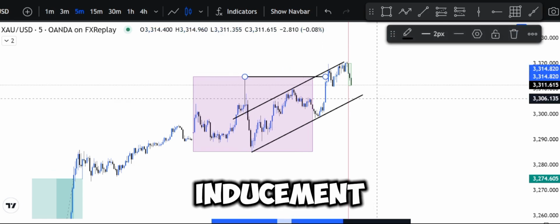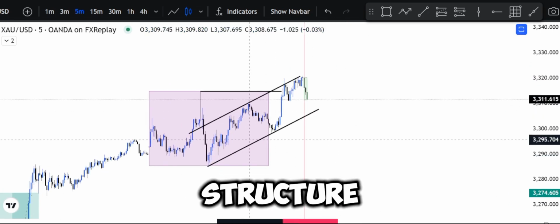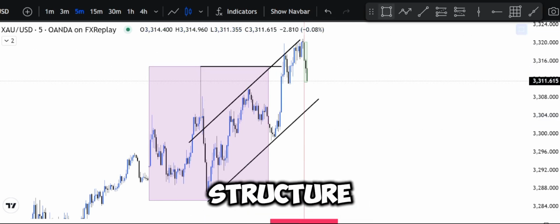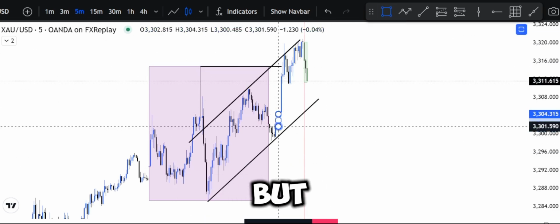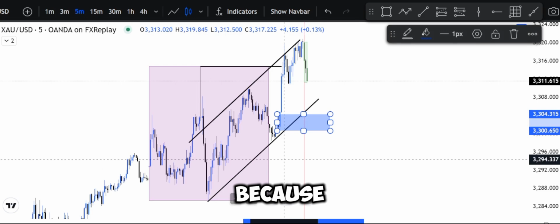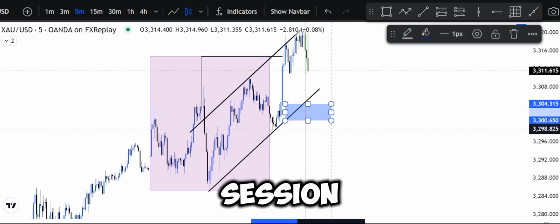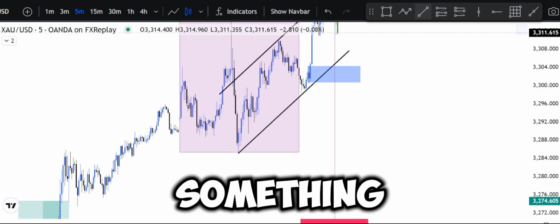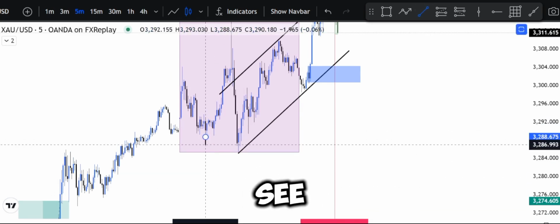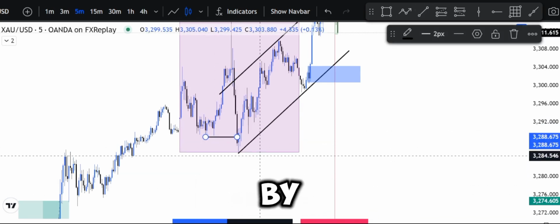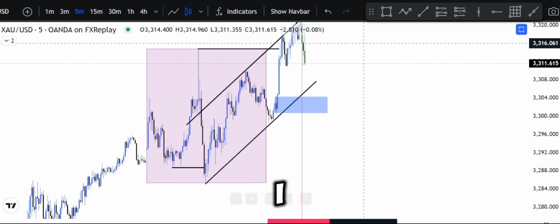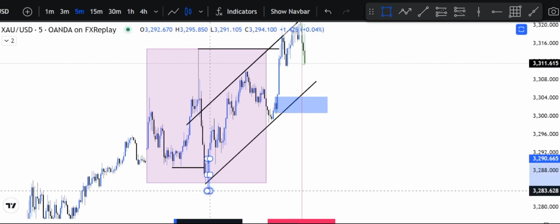This one is inducement plus break of structure. We need to find the demand that caused this break of structure. You would say this one, but this one is smart money because it is inside the Asian session. We need something not obvious to the retail traders. Something like this. You see, this low was induced by the Asian session, so I would have taken this demand, but